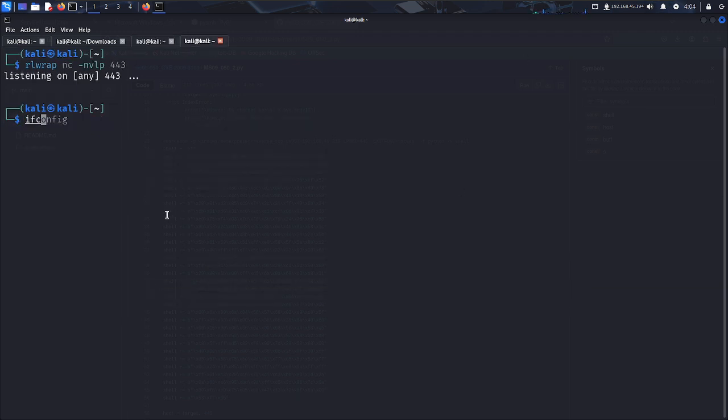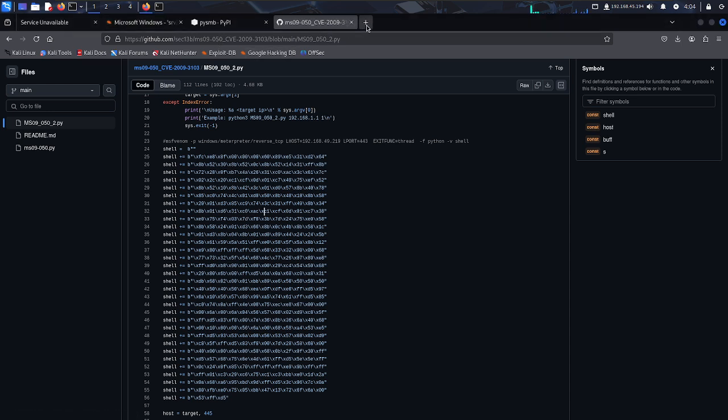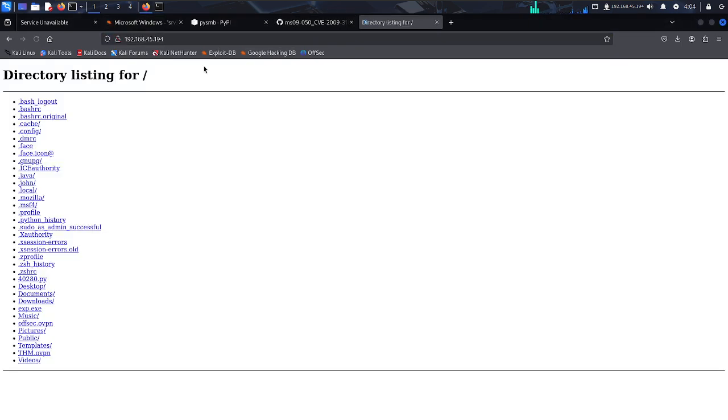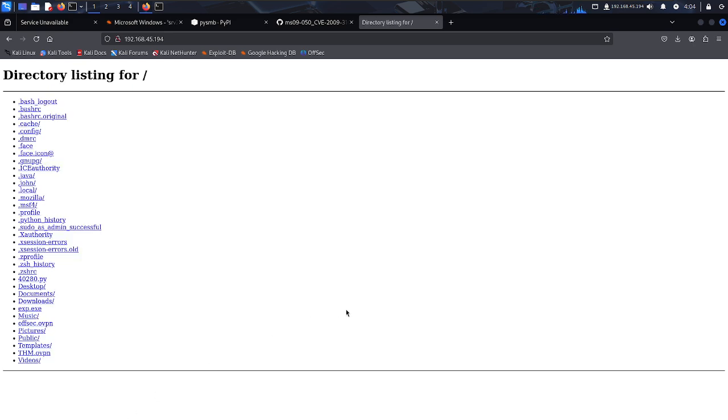Let me give ifconfig, and this is my IP address. If I search this IP address in my browser, you can see a website is running on this particular IP, right? Now, to transfer this file, I just need to copy this link